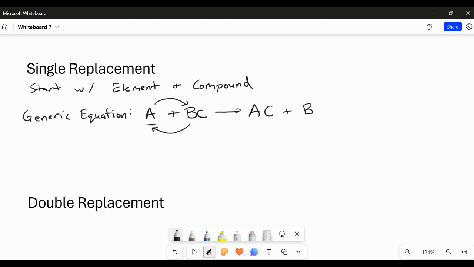Now, this is the diagram of a metal replacing a metal. But this can also happen with a non-metal replacing a non-metal. Let's say A was going to be forming a negative charge, A would replace C and you'd get compound BA and C would be kicked out. It really depends on whether you're replacing a metal or a non-metal. So, an example of this